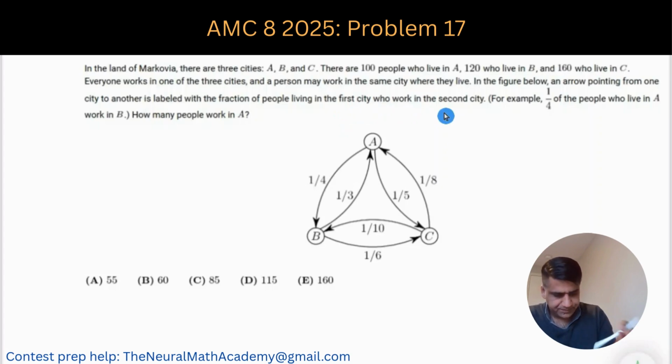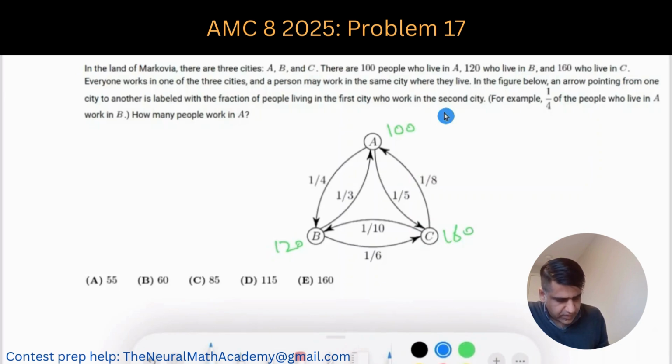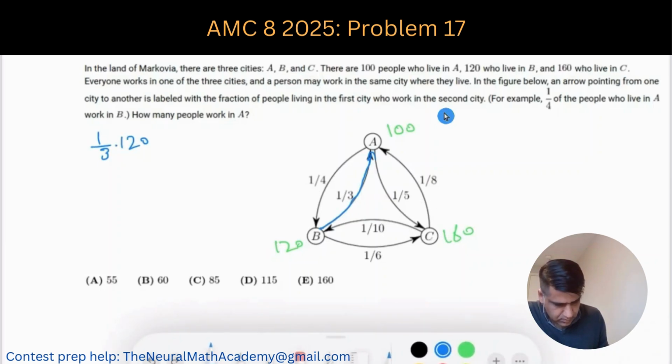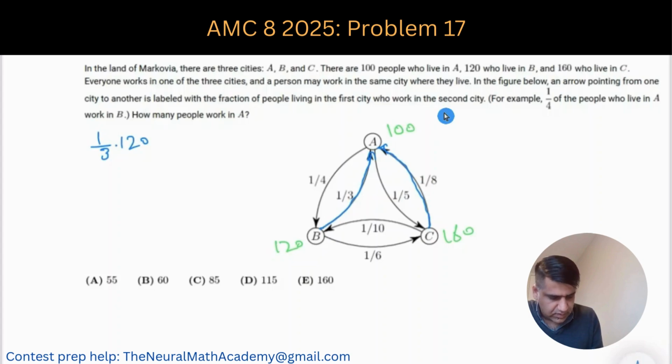Okay, so let's first label it. We have 100 people here, and then we have 120 and 160. So first we find the people who are living in B and working in A. So that would be, and then let's find the number of people who live in C and work there. So that is then,